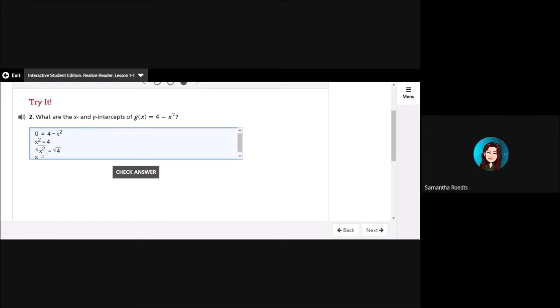X equals plus or minus 2. So my x-intercepts are 2 and negative 2. Okay, I'm going to do the same thing for my y-intercept. I'm going to substitute in 0 for x. So I have y equals 4 minus 0 squared, which gives me y equals 4. So my y-intercept